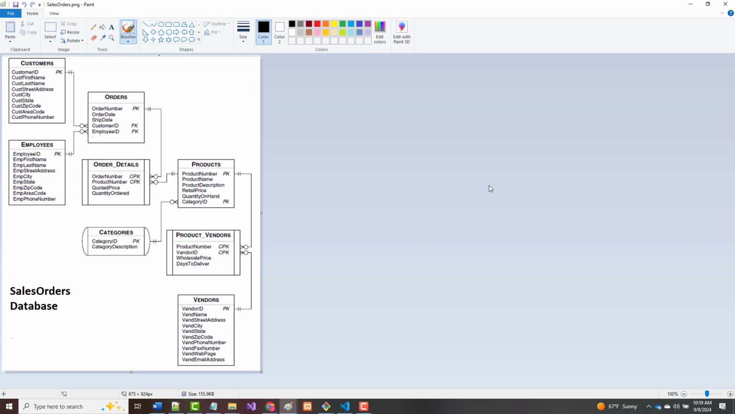It has 8 tables: a customers table, an employees table, an orders table, an order details table, a products table, a categories table, a product vendors table, and a vendors table. Now, if you look here,